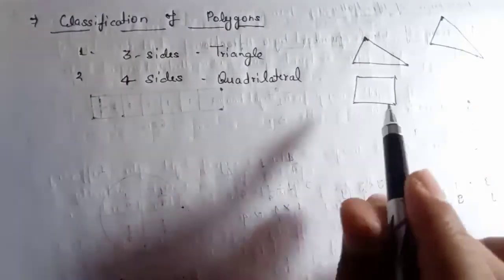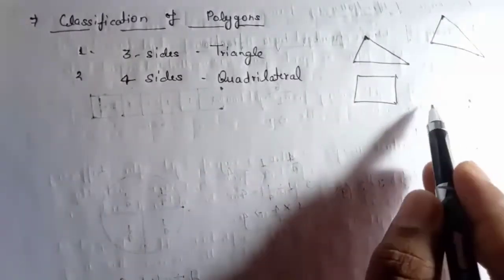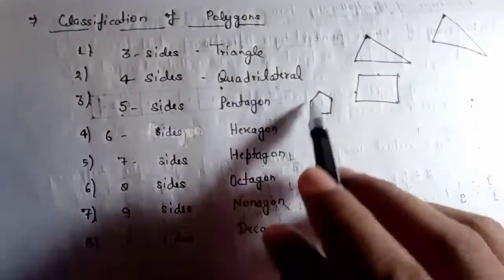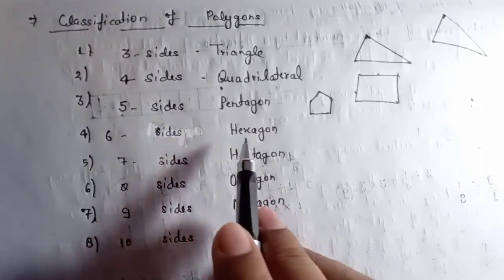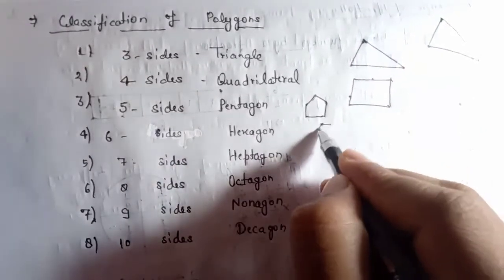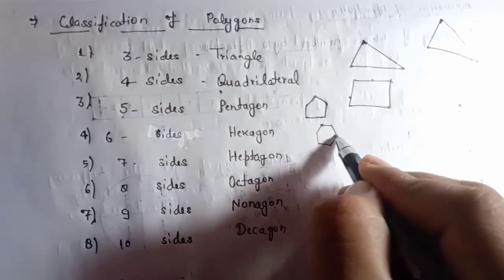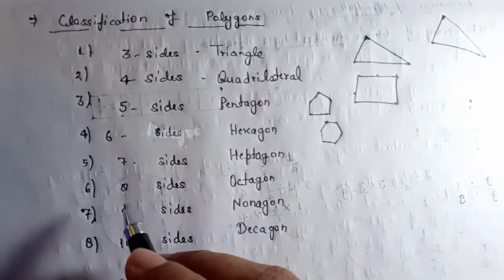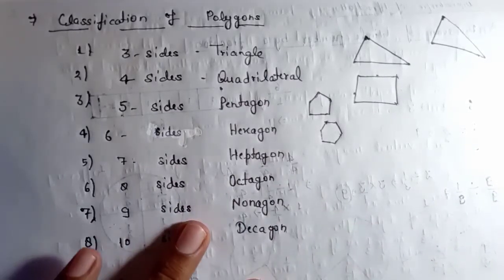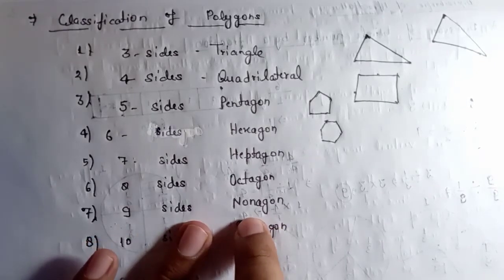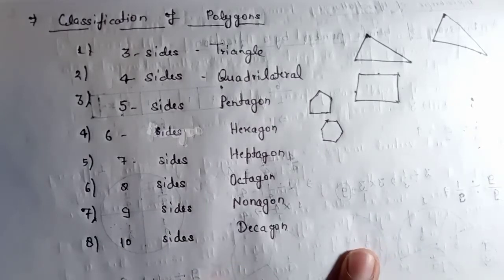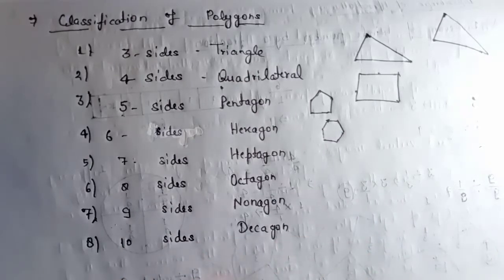Same as that, if we have four sides, it is called a quadrilateral. You can see it is a quadrilateral which has four sides, 1, 2, 3 and 4. For 5 sides it is called a pentagon. You can see there is a pentagon. If there are 6 sides in a polygon, it is called a hexagon. If there are 7 sides, it is called a heptagon. If there are 8 sides, it is called an octagon. If it has 9 sides, it is a nonagon, and if it has 10 sides, it is called a decagon. So by this means polygons are known in application of mathematics.